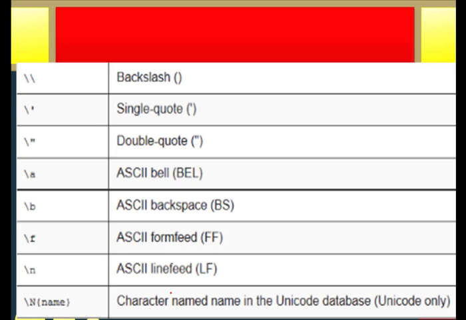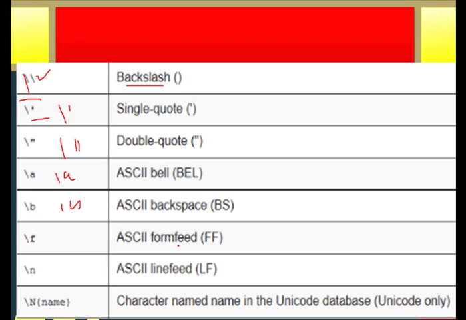So we are going to see some here. If you want to use a backslash, one backslash is there and then again one more, which means we want to print a backslash. Next, for a single quote, backslash and single quote; backslash and double quote; ASCII bell, backslash and A; ASCII backspace, backslash B; form feed.